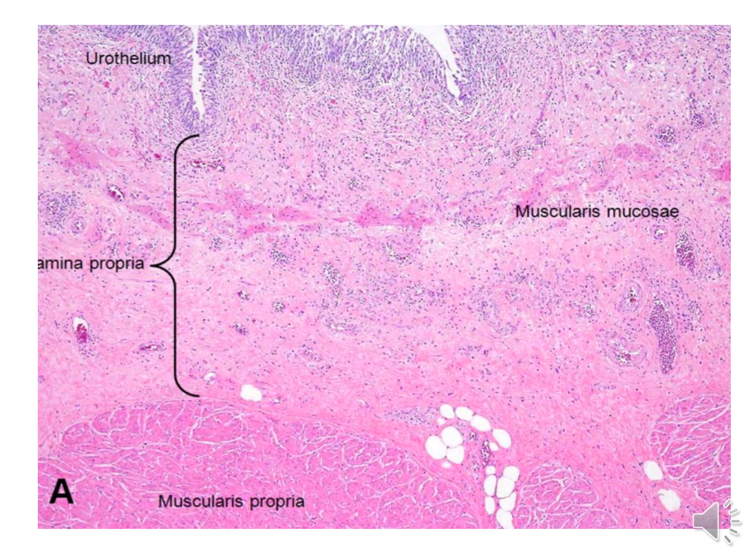This is the microscopic image showing the normal histology of urinary bladder. We can see the mucosa, which is made up of transitional type of epithelium, also called urothelium. Below that there is muscularis mucosa and lamina propria. Below the lamina propria we have muscularis propria, which is made up of the detrusor muscle, which has three coats: inner longitudinal, middle circular and outer longitudinal layer. The outermost layer is not seen in this picture, but it is adventitia, which is composed of fibrous layer.